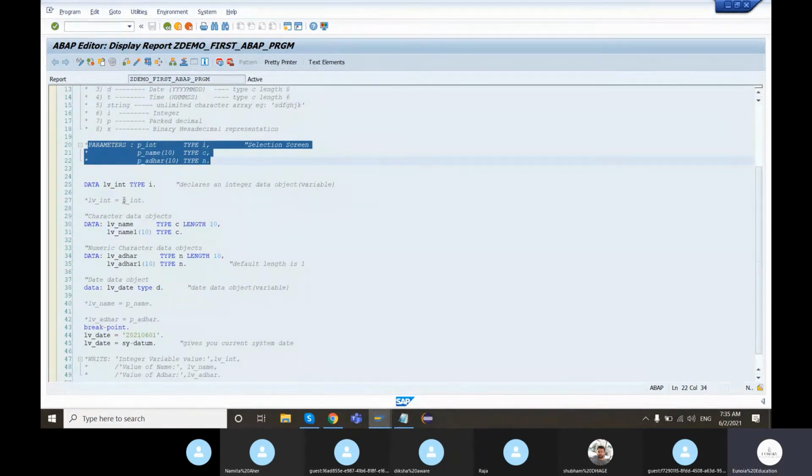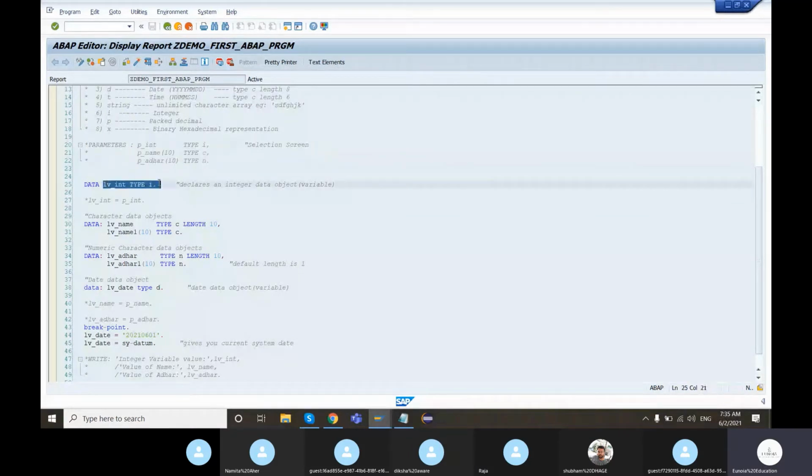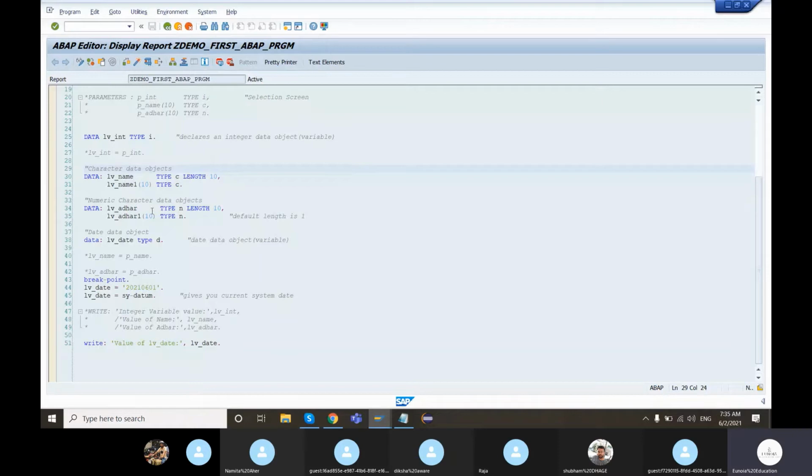We also saw the syntax to declare a data variable, which in ABAP is also called a data object.